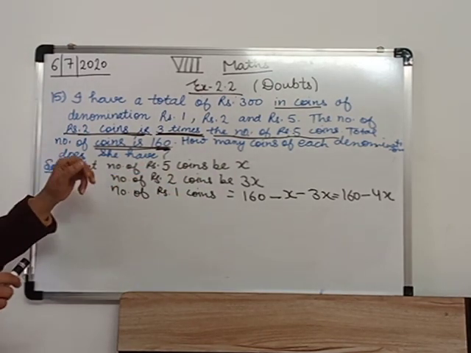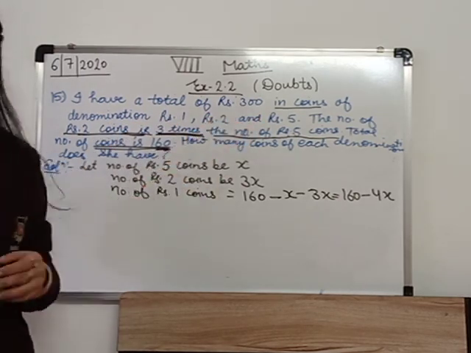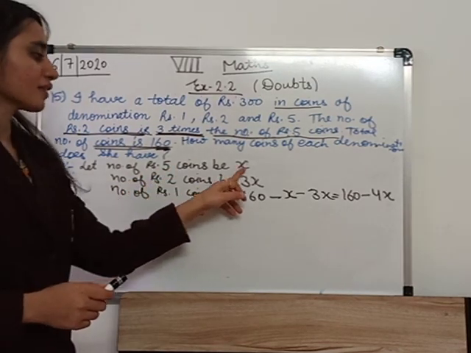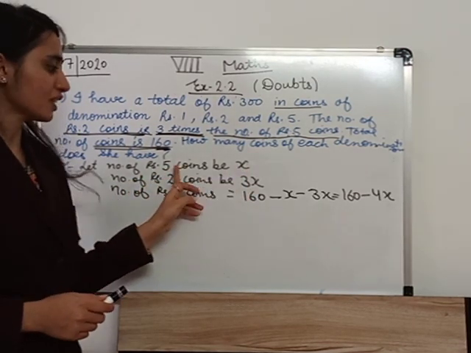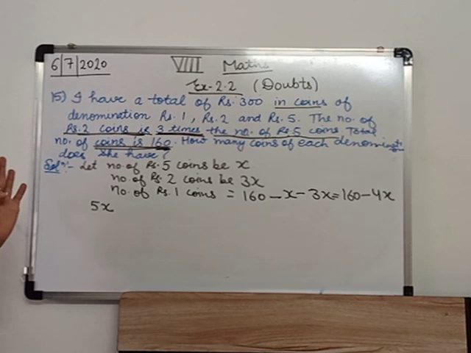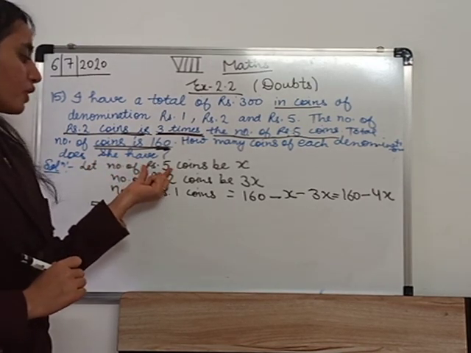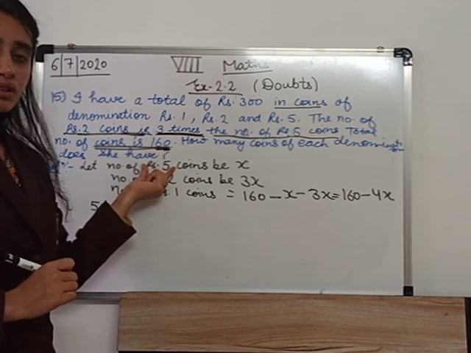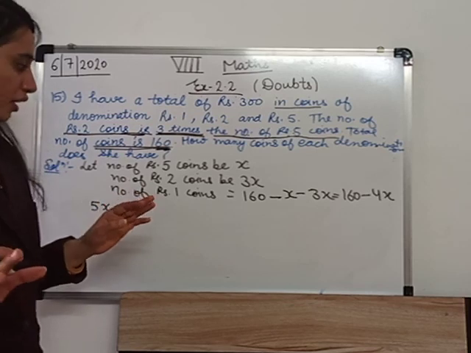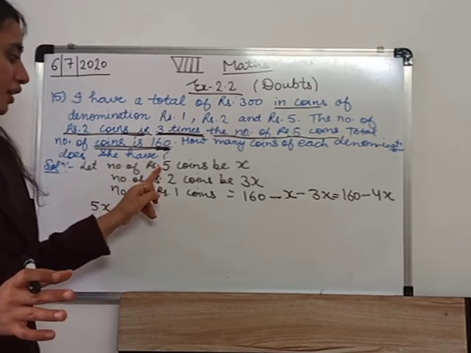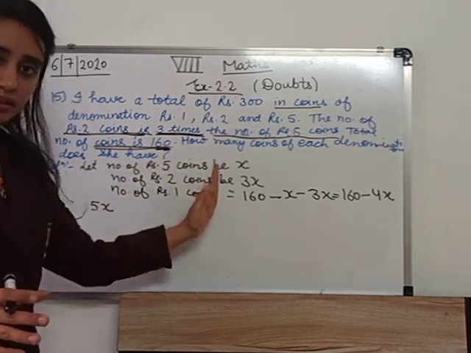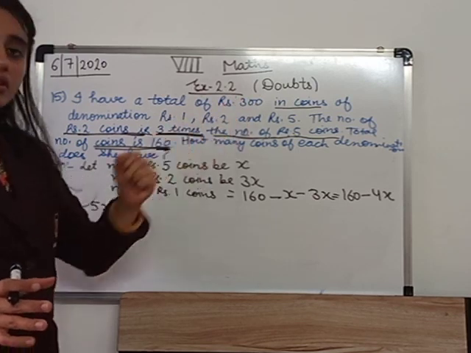So what is given? The total amount is rupees 300. But we have 5 rupees coins, x of them. The total amount from these is 5x, 5 multiplied by x. Okay, if we have 10 coins of rupees 5, how can we calculate the total amount? 10 into 5, 50. Like this way we can find the total amount, because the total amount is equal to 300. Now first add all these, then put equals to 300.